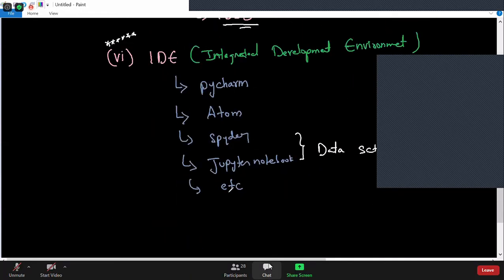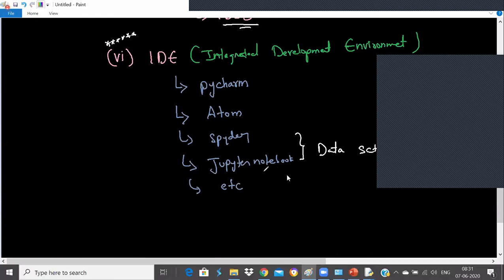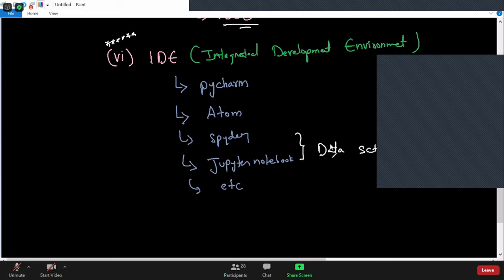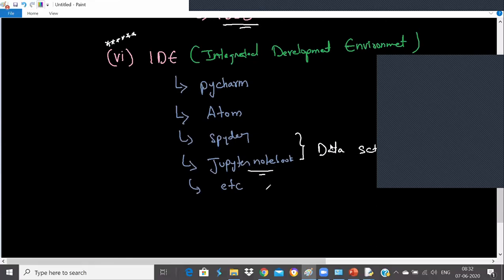Yeah, Aditi, Jupyter Notebook does not give hints. But generally it has a lot of other features as well. So that's why I told you that if you want to make your career as a data scientist, then you can go with Jupyter Notebook. There is no problem. That's true, Aditi. Jupyter Notebook does not give any hints and all, so you can go with Jupyter Notebook in that way.